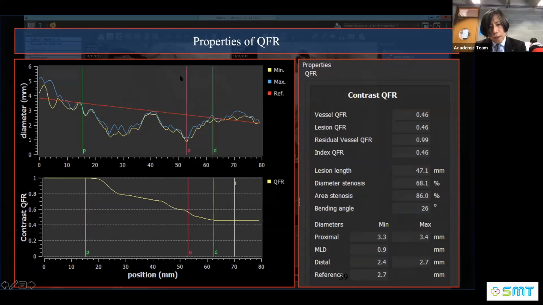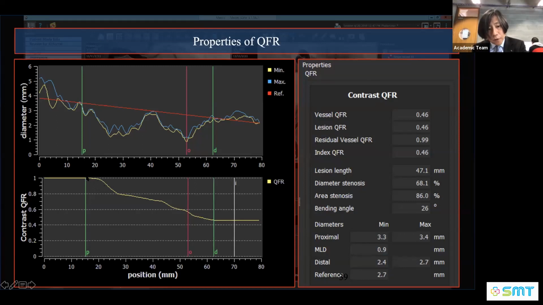So yeah, I will share this slide again. If you look at this slide, in the software you can see the diameter of the vessel, so you can really select a device according to the diameter of the vessel. If it is too small, maybe we go for the drug-coated balloon instead of the stent. If it is enough diameter, you can select the drug-eluting stent, and it also depends on the QFR drops, where the significant drop occurs is very important.